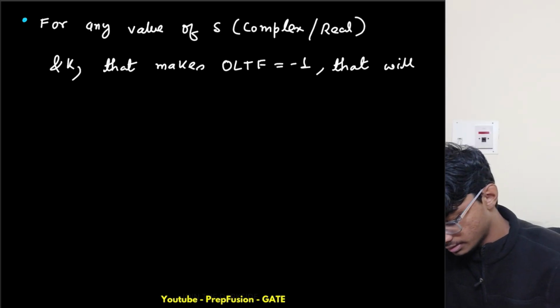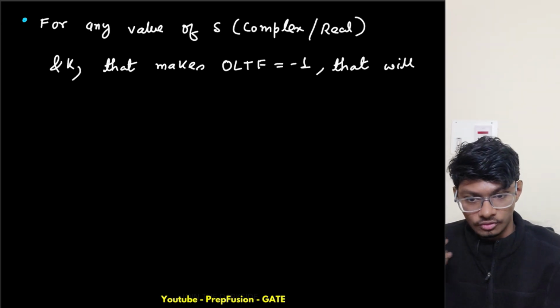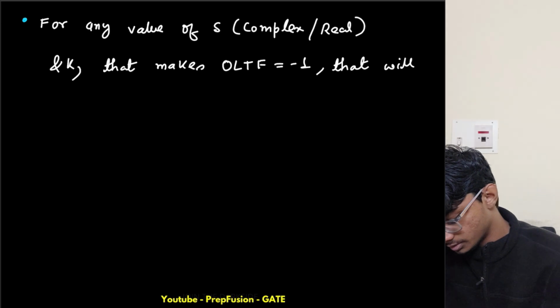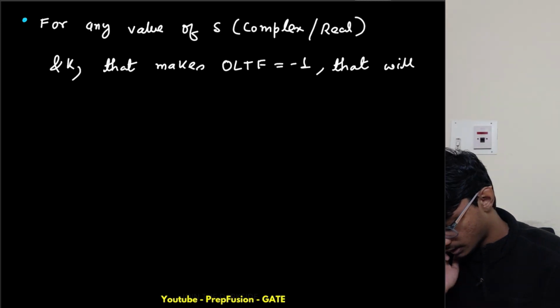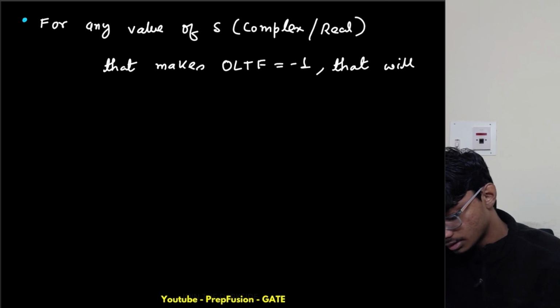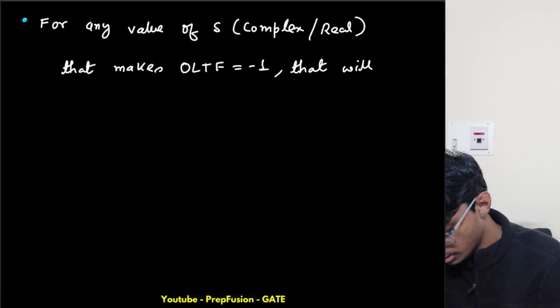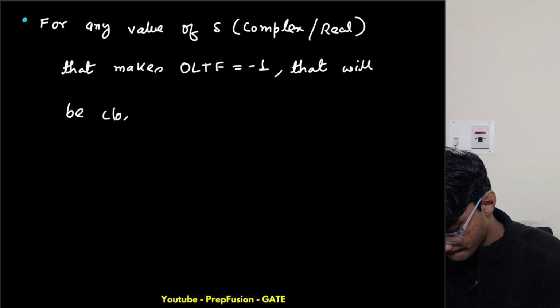Sorry, I meant to say that any value of S that satisfies this will be a closed loop pole